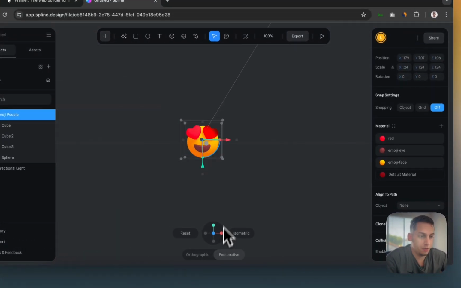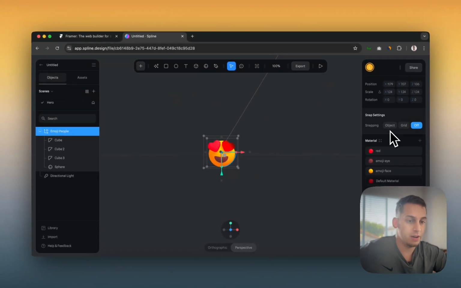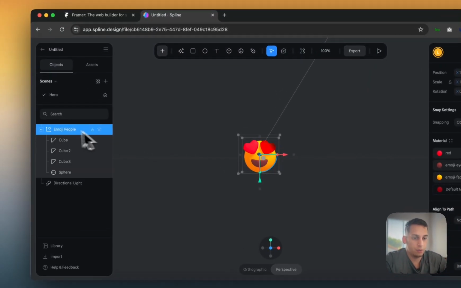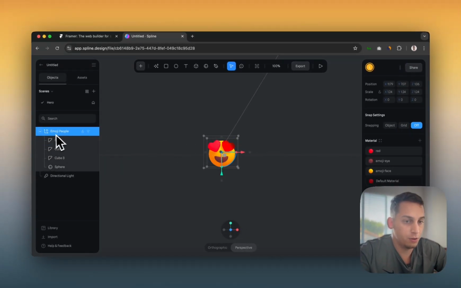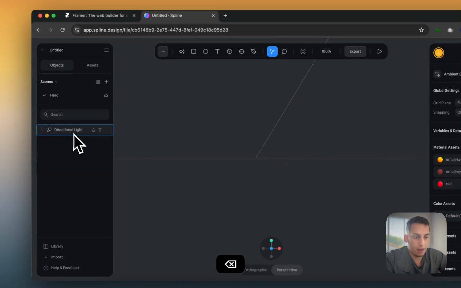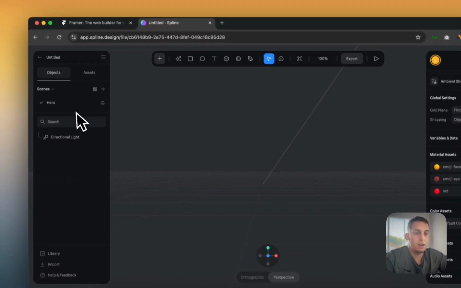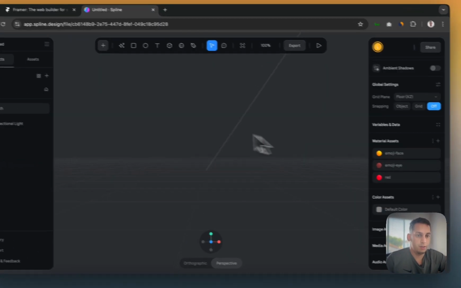And that's that. So I think we know, we're not experts in Spline. Obviously, there's a lot to know. We have to actually also build something. But today, I'm a big fan of using stuff from the community and trying to, you know, actually be a generalist and learn different things, not go too deep. So what we can do is delete this guy, keep this directional light, stay in the middle, and try to build something. We can build a nice hero section for this specific